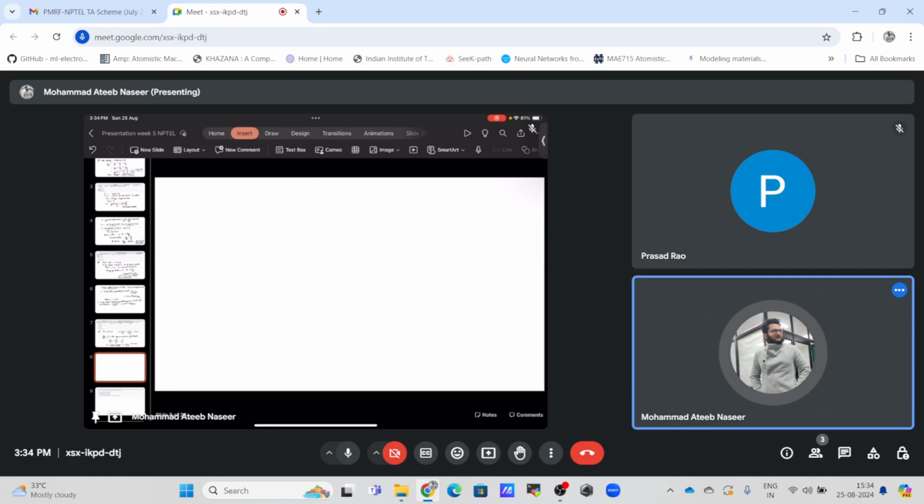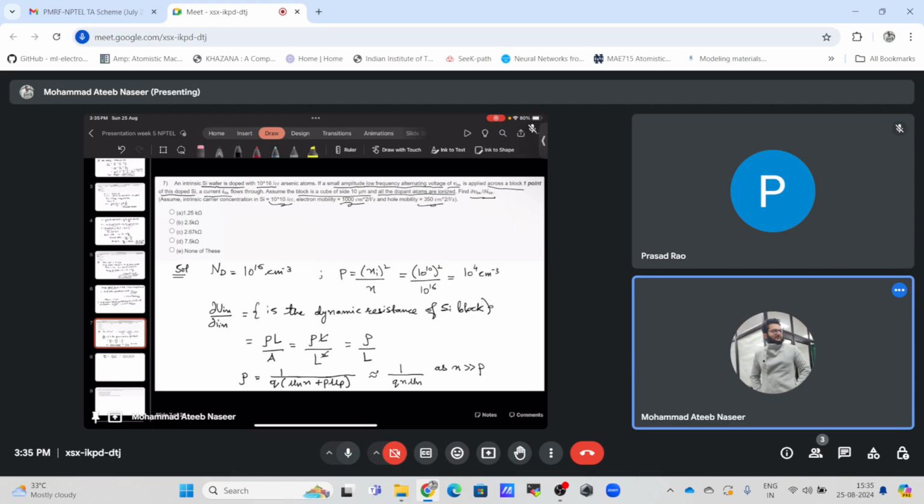You can say now this dV in by dI in is simply rho by L, and rho is 1 by n q mu n, and L is simply L. So it is 1.6 into 10 to the power of minus 19, which is the electronic charge, times n, which is 10 to the power of 16. Mobility is 10 to the power of 3, and L is simply,